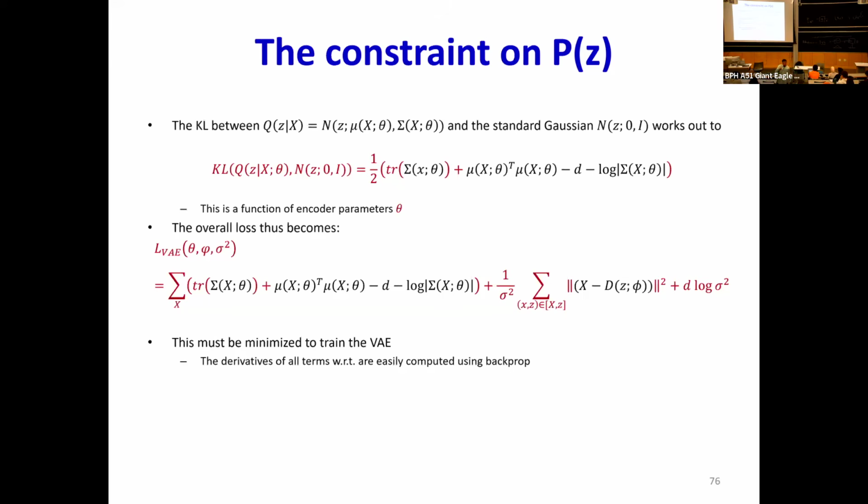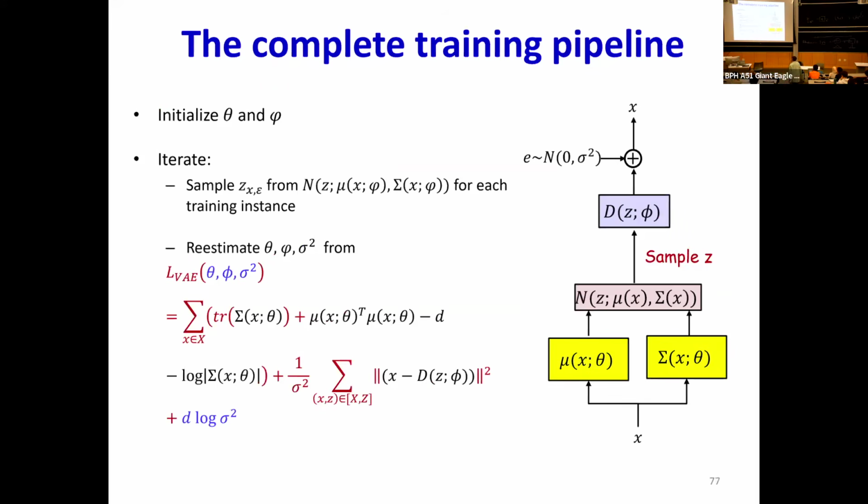First, the encoder must be such that samples drawn from the output of the encoder, when processed by the decoder, look like your data. The decoder must be such that when these samples are passed through the decoder, they look like your data. And then the posterior probability must be such that on average it looks like a standard Gaussian. These are the three principles that we had, right? All three are captured by this one simple loss. And so here is the overall model. That makes sense to everybody? Yes. Okay, thank you.